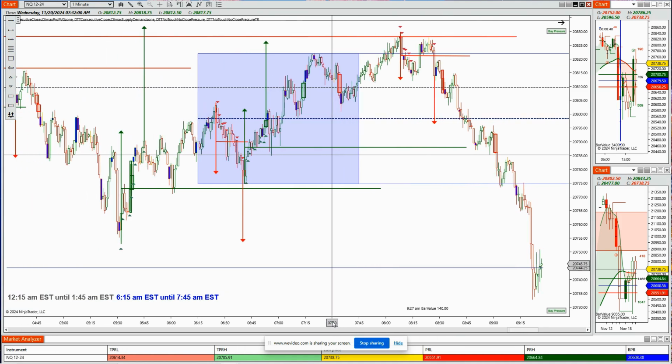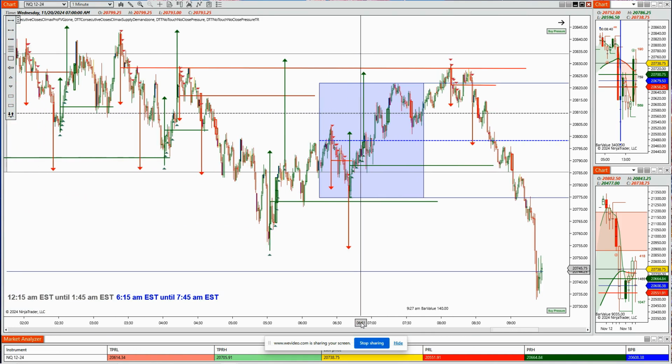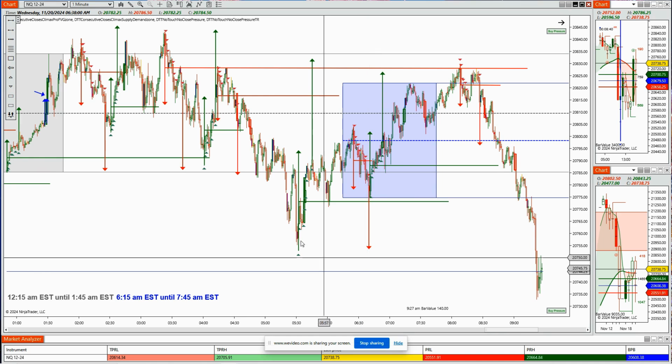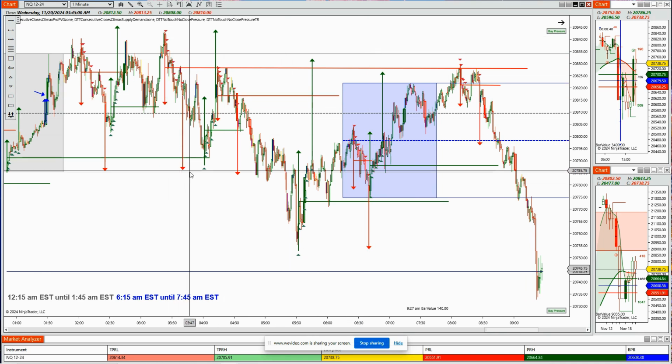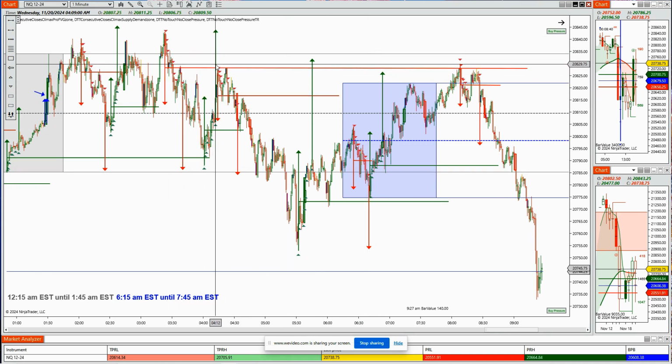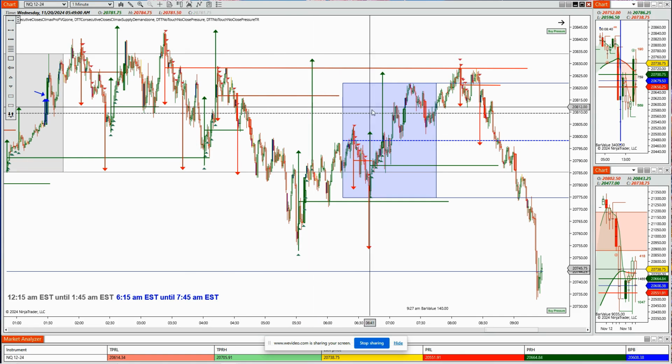All right, before we get to that 9:30 moment, you had the trend off that high. Okay, so you had the trend off the high. They made the trend distance. They went up there, well, didn't quite get there, got halfway, and then fell down. Made a trend here, went up there and got that distance.